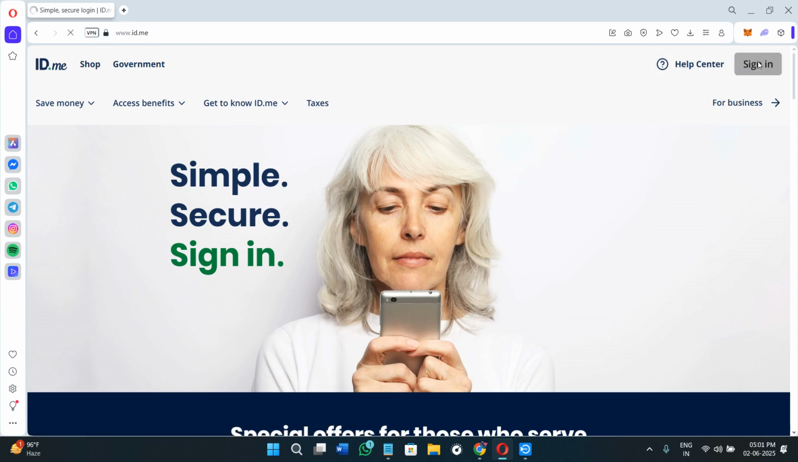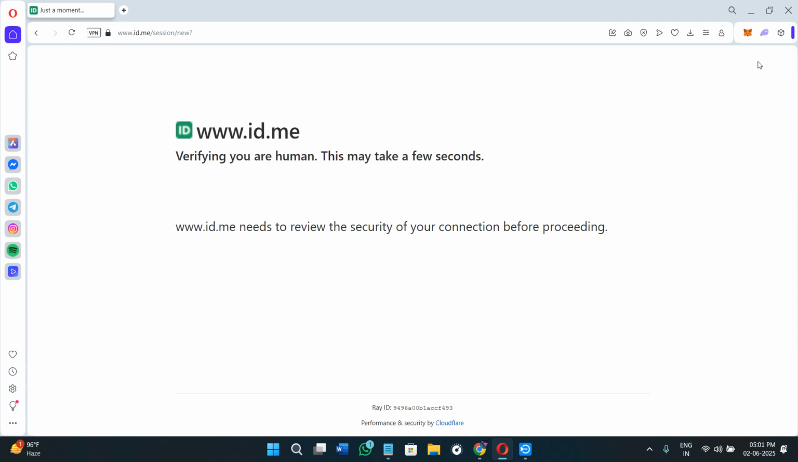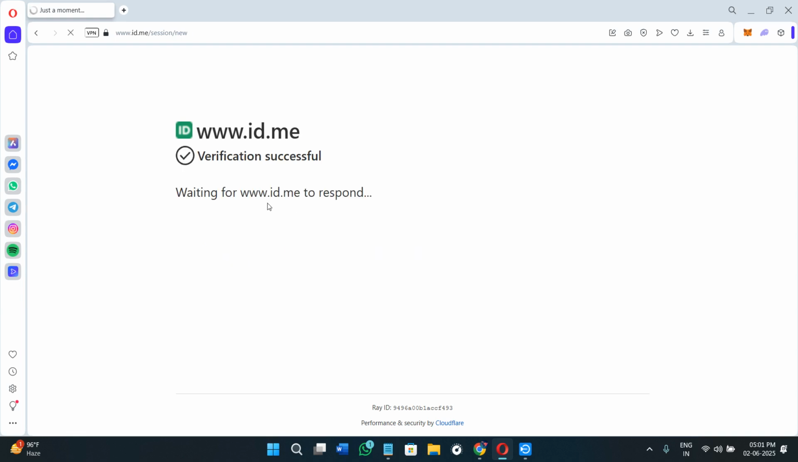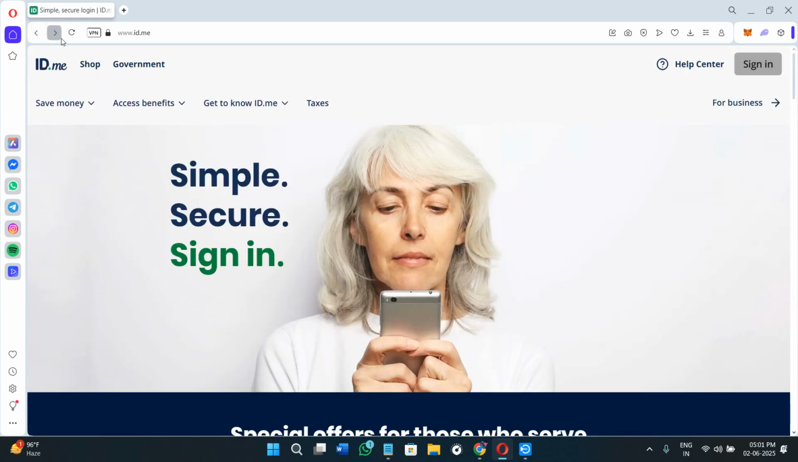Here, click on the sign in option, provide your login credentials, and log in to your account. If you don't have an account, you will have to click on the sign up option and create a free account. Now, once you're successfully logged in, in order to verify your identity, you need to go to your My Account